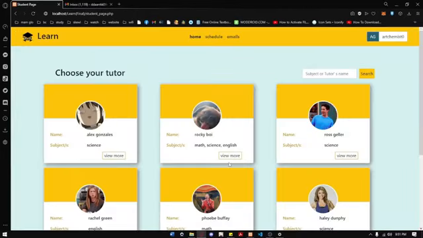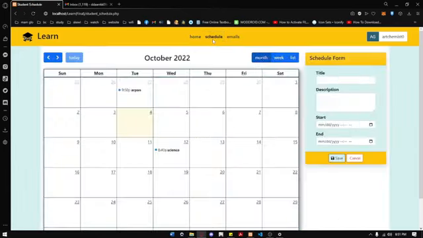And there you go. If you want to check your schedule or add a new session, you can go to this tab beside the Home tab where you can see the calendar of your schedule. You can see your previous, current, and upcoming tutor sessions. If you want to add another schedule, you can just fill out the schedule form where you should input the title, description, and the date and time of the start and the end of your session. So let's try.